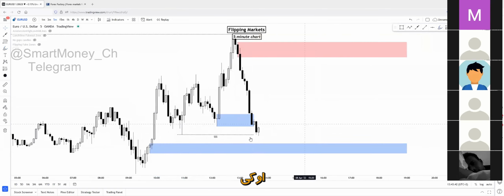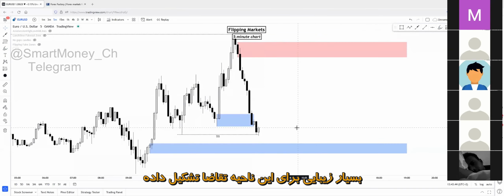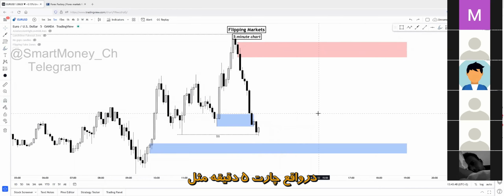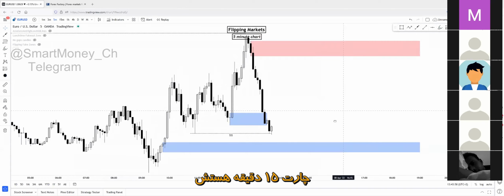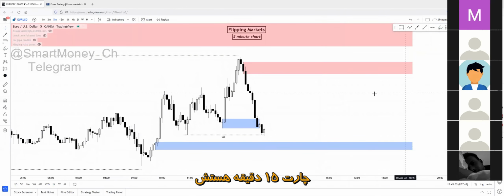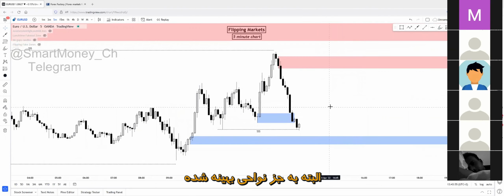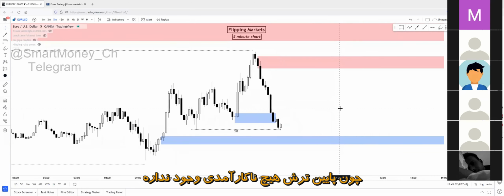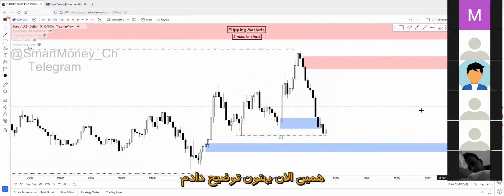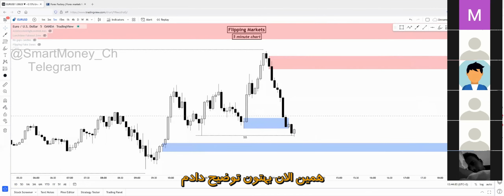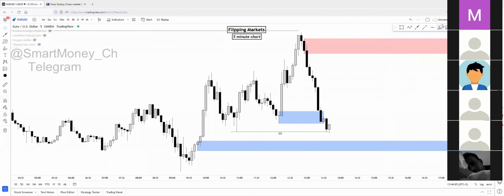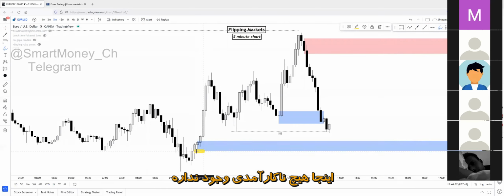Okay, so as you can see, price has created a perfect liquidity line right here for this zone. And basically the 5-minute chart is the same as the 15-minute chart, except the refinements. Find the wick which started the order flow because there's no inefficiency. I just literally explained it once again. There's no inefficiency.